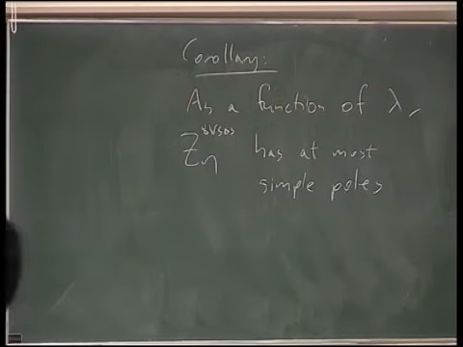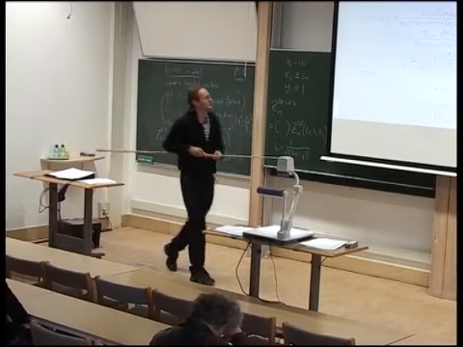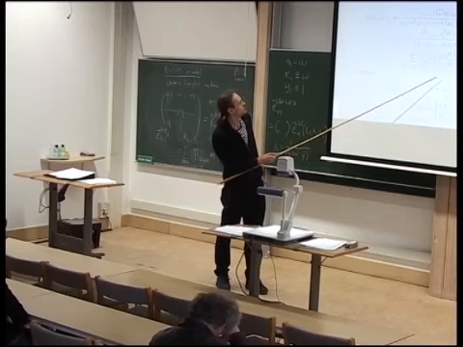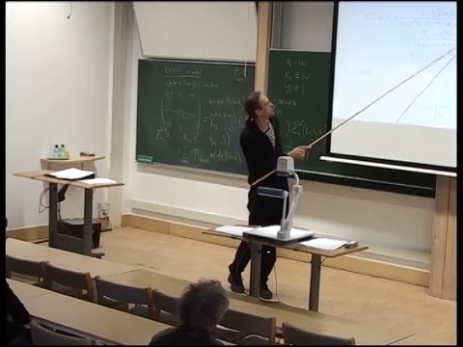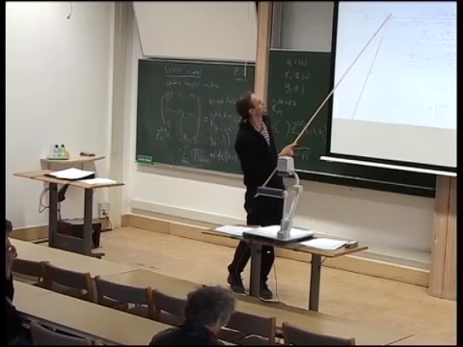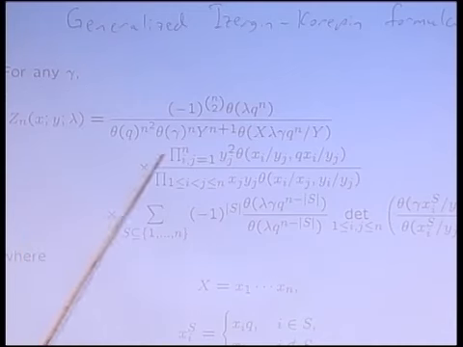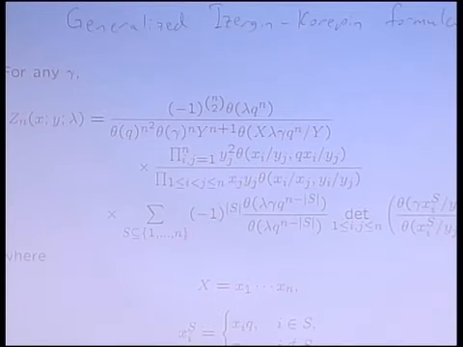So if you look at this as a function of lambda, okay, I will finish in a minute. The point is that if you just write down this thing, it will look like it has lots and lots of singularities in lambda. But if you look at this formula, it only has single poles in lambda. There's also some pole depending on gamma. But gamma is just an arbitrary parameter that doesn't enter on the left-hand side. So these poles have to be removed. There's only some single poles here.